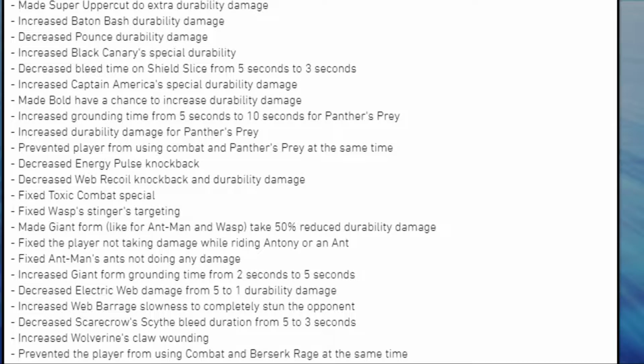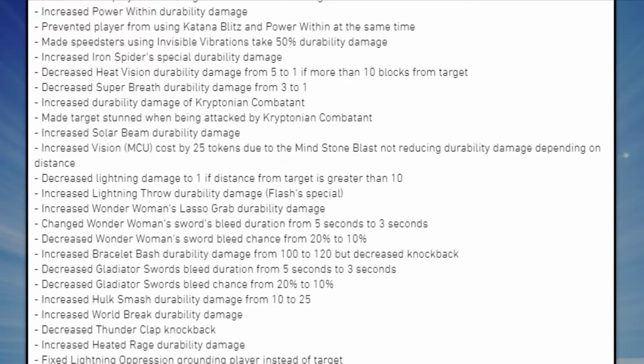Wolverine's claw wounding, prevented the player from using Combat and Berserk Rage at the same time, increased Power Within durability damage, prevented player from using Katana Blitz and Power Within at the same time, made speeches using invisible vibrations take 50% durability damage, increased Iron Spider's special durability damage, decreased Heat Vision durability damage from 5 to 1 if more